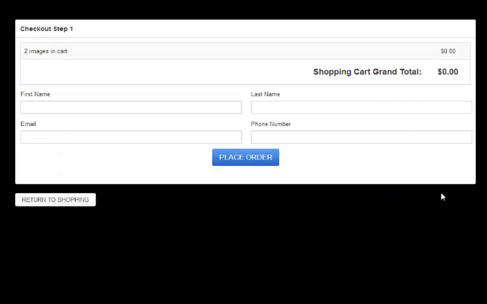I click Proceed to Checkout, and now the information that we need is their first name, last name, email, and phone number. The email, we're going to send them instructions for retrieving the images in case they get lost on the page that follows. Also, though, this information is collected for you for possible future marketing. So we're going to go ahead and put in some false information here. Okay, and phone number is optional. So we go ahead and we click the place order,